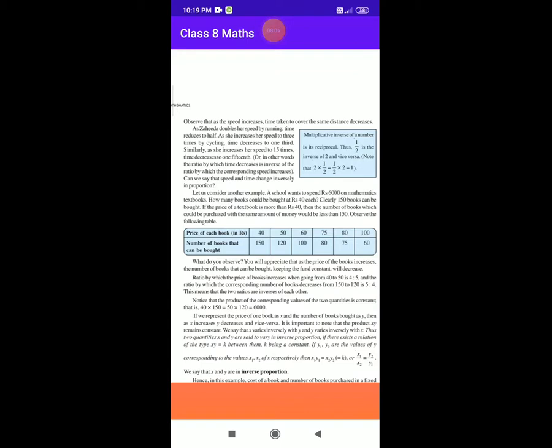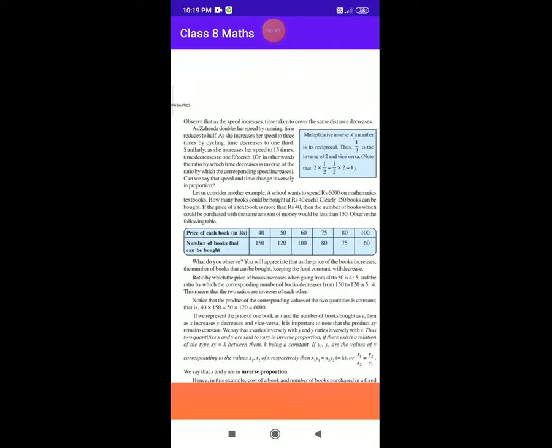What do you observe? What we observe here? We will appreciate that as the price of the book increases, the number of books that can be bought, keeping the fund constant, will decrease. तो यहाँ पर हमने ये ऑब्जर्व किया कि प्राइस ऑफ बुक इंक्रीज होने के कारण नंबर ऑफ बुक्स दैट कैन बी बॉट, जो हमें खरीदनी है, कीपिंग द फंड्स जो कि कांस्टेंट है, तो यहाँ पर नंबर ऑफ बुक्स डिक्रीज हो जाएगी।